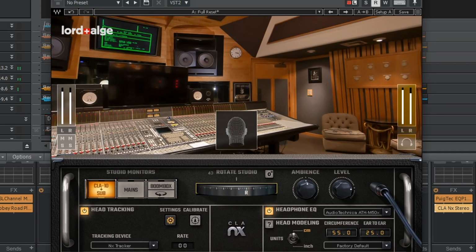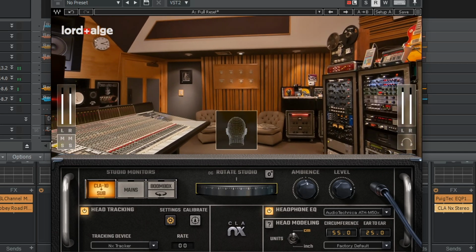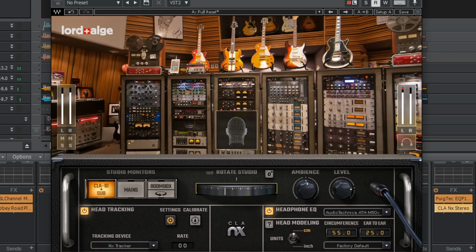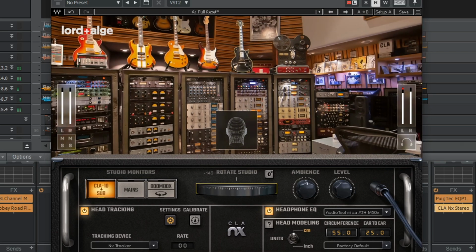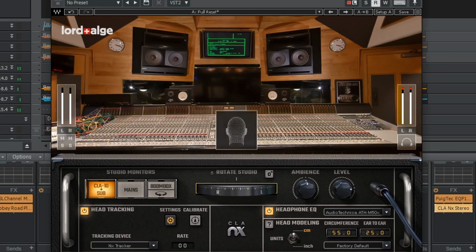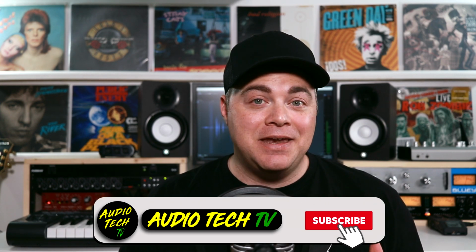It would be great if you could hear your mix in a pro studio like Chris Lord-Alge's while you're working on it. Well, now you can from home, kind of, with the Waves CLA NX plugin. This takes mixing with headphones to the next level. It puts you into CLA's mix space virtually, and you can hear what your mix is going to sound like in a pro studio, and hopefully it's going to help you to make better mix decisions based on what you hear. Now, in this video, we're checking out the Waves CLA NX plugin.